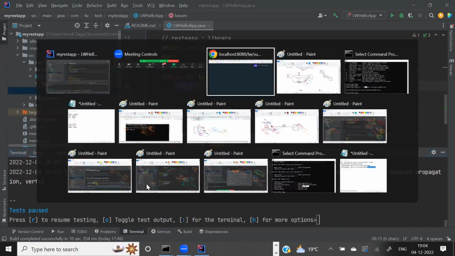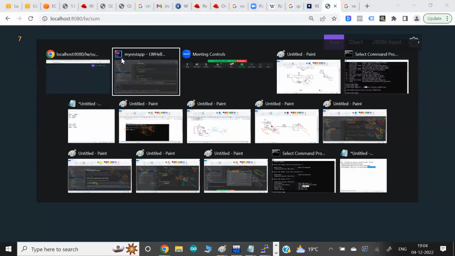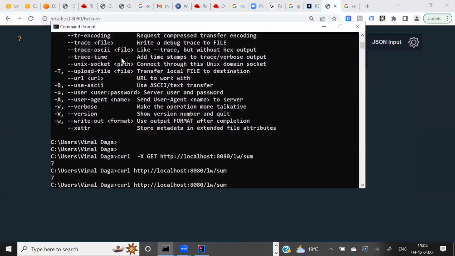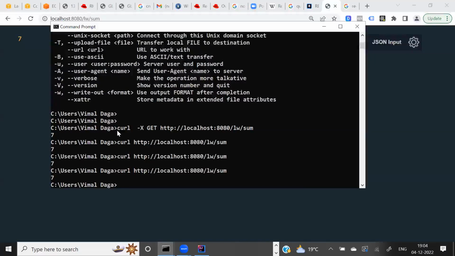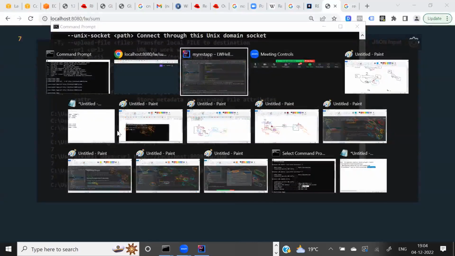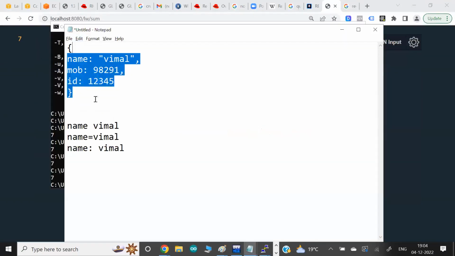Browser normally does not give you properly. Let me run the command line. Sum. Again, looks like a normal plain text only. See here. Plain text only. It's not converting to JSON format. Okay, JSON format normally looks like this, the way I explained to you, curly braces and all the things. This is what mostly they look like.